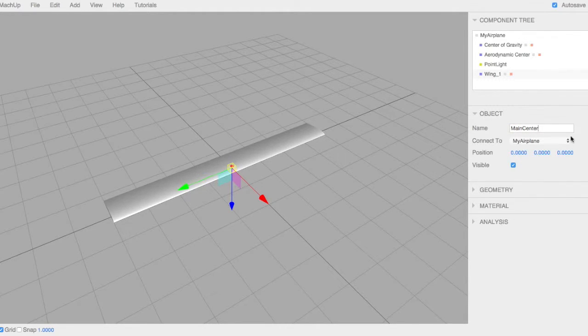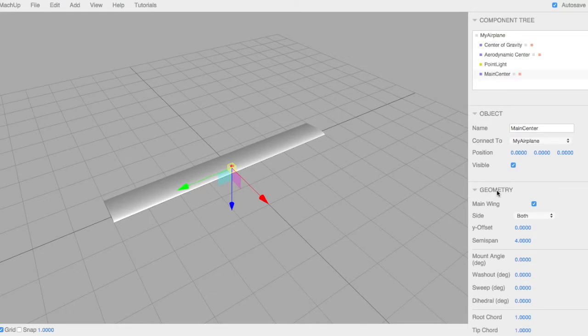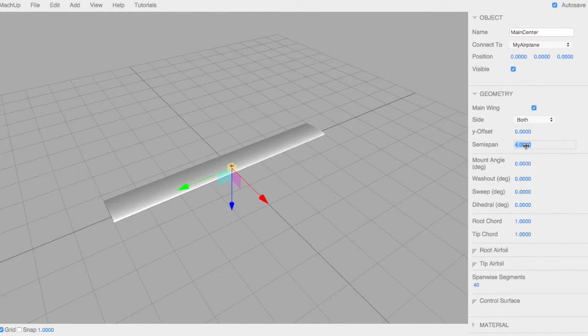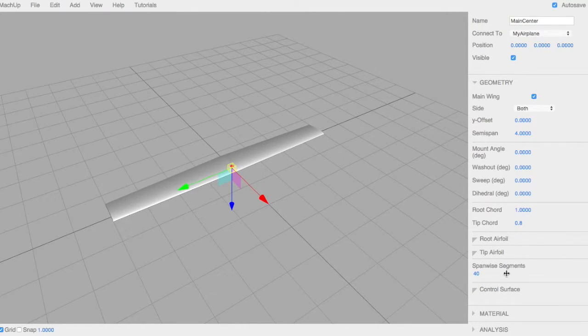center. It's best, although not required, if all your lifting surfaces or all your object names don't have spaces and are all unique. This is just to make it easier for you later to interface with them. So we'll leave it there at the center and we can edit the geometry. Let's leave it at a pretty high aspect ratio, maybe a little bit of taper, and we'll leave the airfoil data the way it is